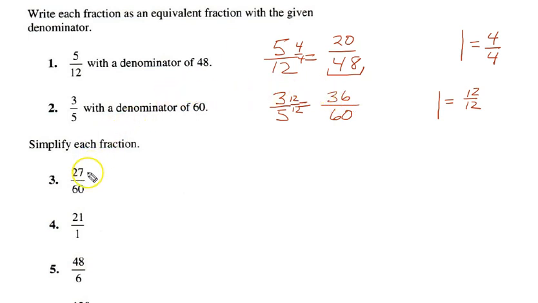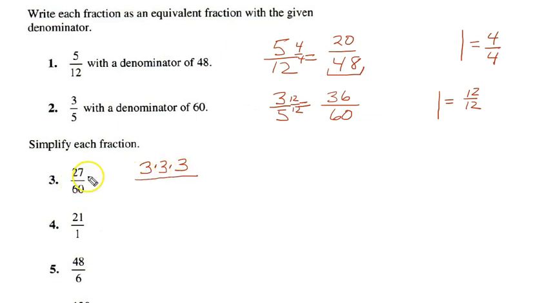Now in these next few, we're going to do sort of the opposite of this. We're going to see if, when we tease this apart, there are common factors like 12/12, 4/4, that is a 1, that in a sense we can cancel out. So again, part of this is a little brainstorming. I know I can take a 3 out of there, 3 times 9. And I can actually do it this way. 3 times 3 times 3